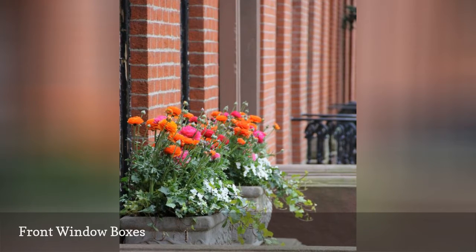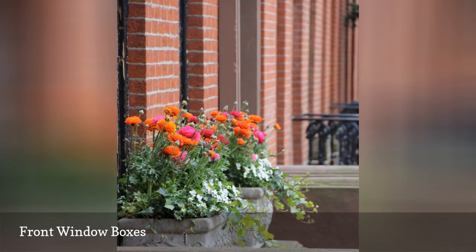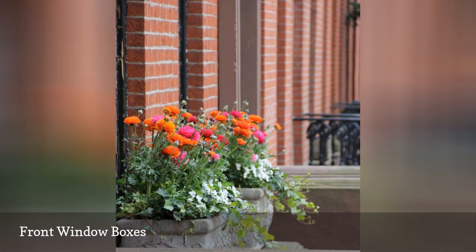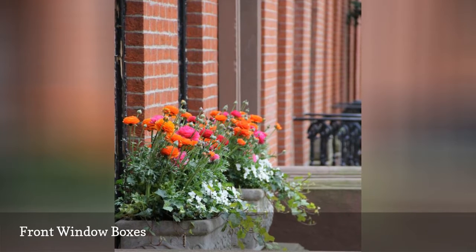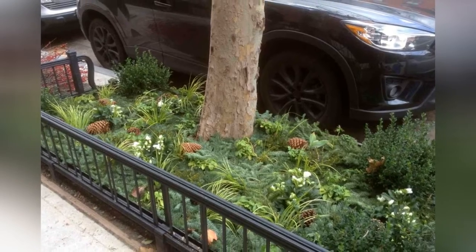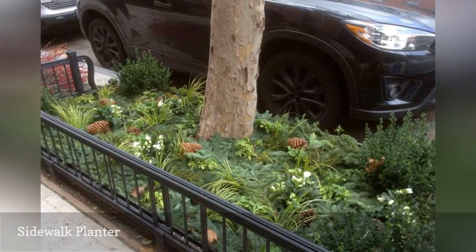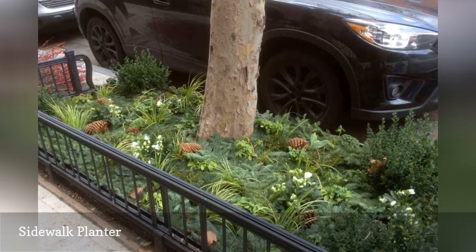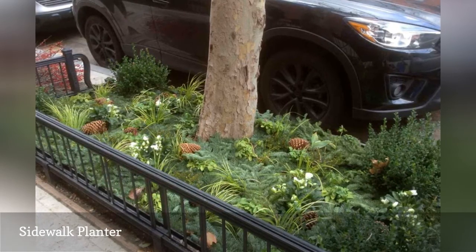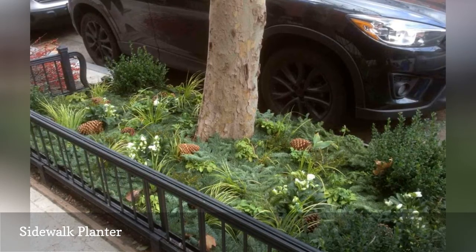"Inspiration comes with our finds in the nurseries, like a cook would prepare his or her specials with the market produce," says Florence. "The mood of the moment influences colors, flow, composition and boldness." In addition to window boxes, Florence and Cecilia like to spruce up the sidewalks for some real curb appeal. During the winter holidays, they add pine and spruce cuttings, pine cones, and other seasonal greens to spaces that often